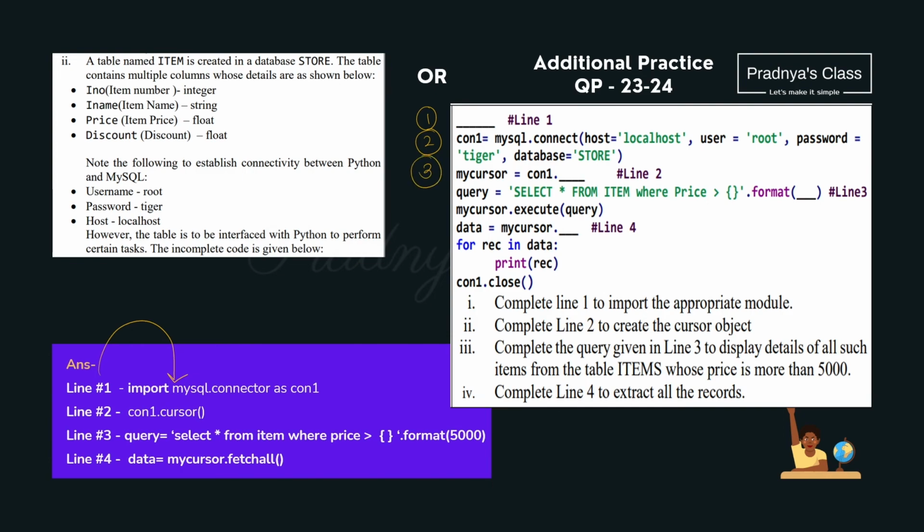Here we are creating the cursor instance. Look at the question. It is the same. With the cursor function we can create the cursor. Already the con1 variable is written over there. In the next statement we are writing the query. Read the description carefully. Complete the query in line 3 to display details of all such items from the item table